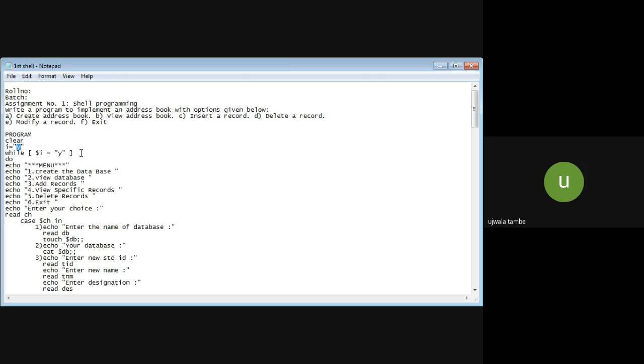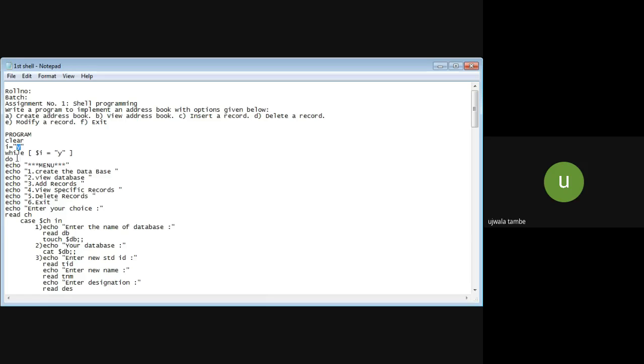This is our condition: while [ $i = y ]. Whenever we put the alphabet Y at the command prompt, the switch is executed repeatedly.